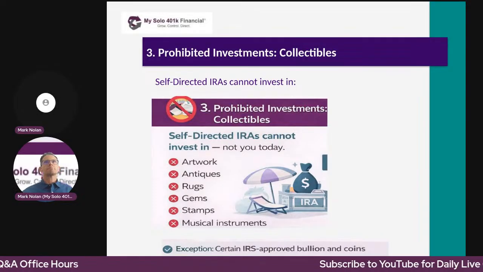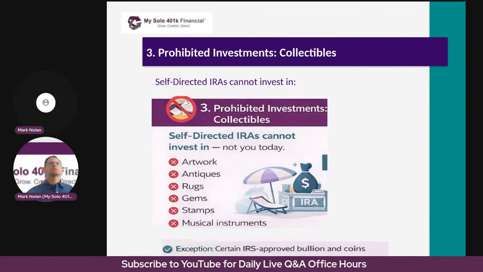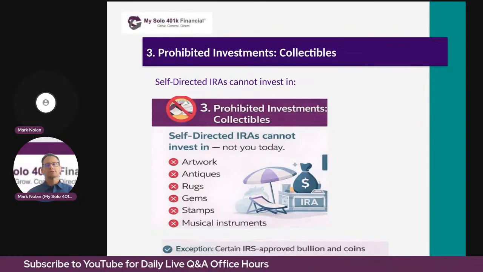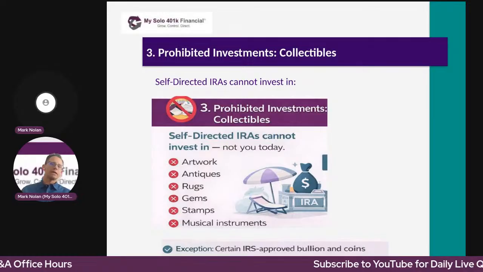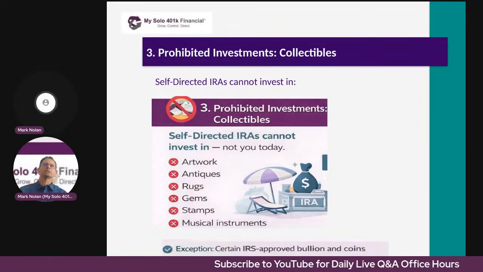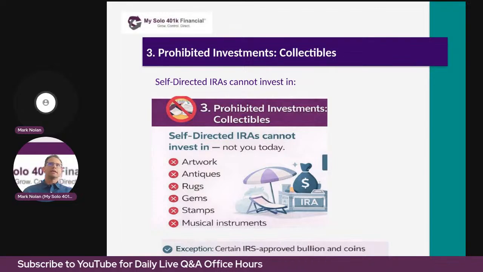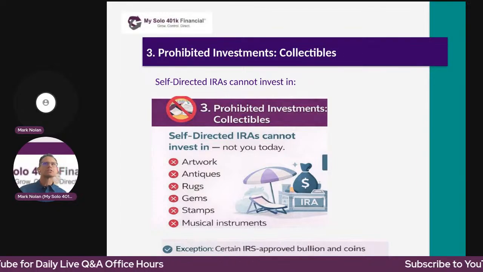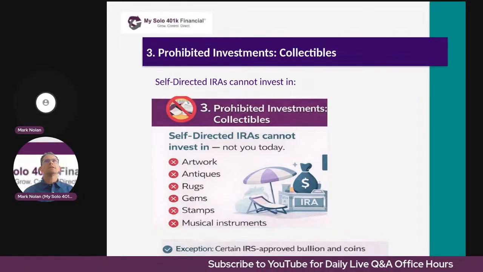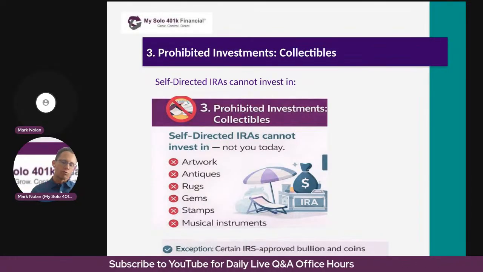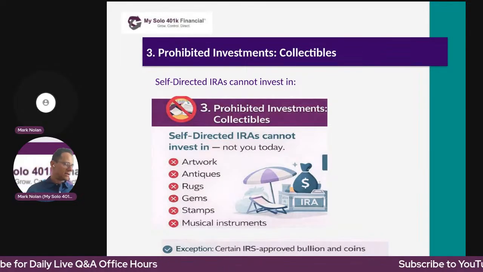Now, some examples of disallowed metals, especially precious metals, inside a self-directed IRA or a solo 401k would be Austrian 100, 20, and 10 coronas, the Belgian 20 franc, the Dutch 10 guilder, the French 20 franc, and so forth. And of course, another one we oftentimes get questions on is the South African Krugerrand. I'm not sure if I'm pronouncing that correctly. So those are not allowed types of metals.